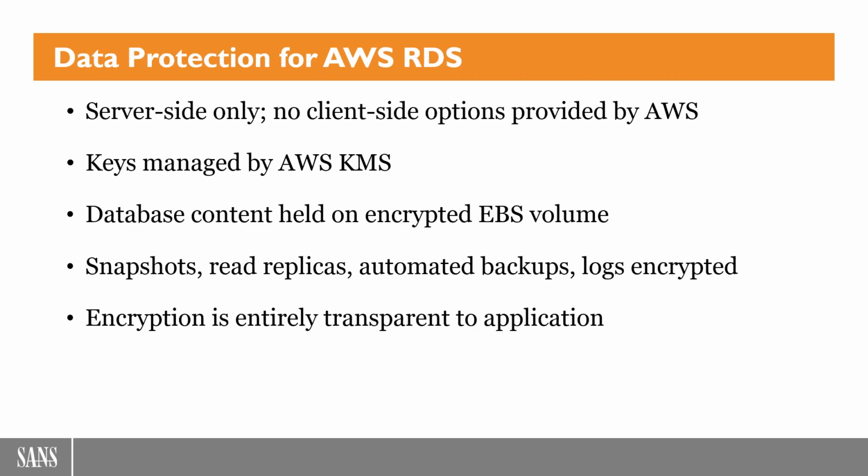Last slide, pretty much, on our AWS encryption is using it in RDS. RDS is kind of the opposite extreme in terms of complexity. You've got all those options in S3, which can be confusing. But with RDS, you really only have one option: server-side encryption. There's no client-side encryption, unless you roll your own, which is totally transparent to AWS. The only one AWS provides and is aware of is server-side encryption, and the keys must be managed by KMS. So there is no option of either an RDS provided key management solution or a client provided key management solution.